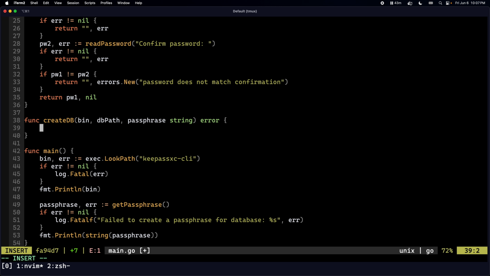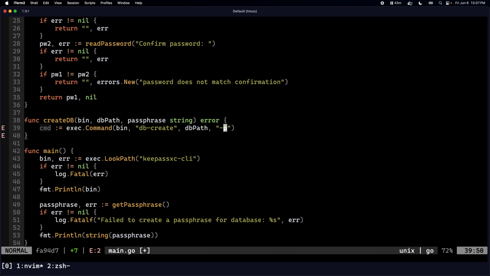So the first thing is we're going to create a command, exec command binary, and we're going to have to pass arguments. So the first argument is going to be db-create, then we pass the db path, and we pass -p,